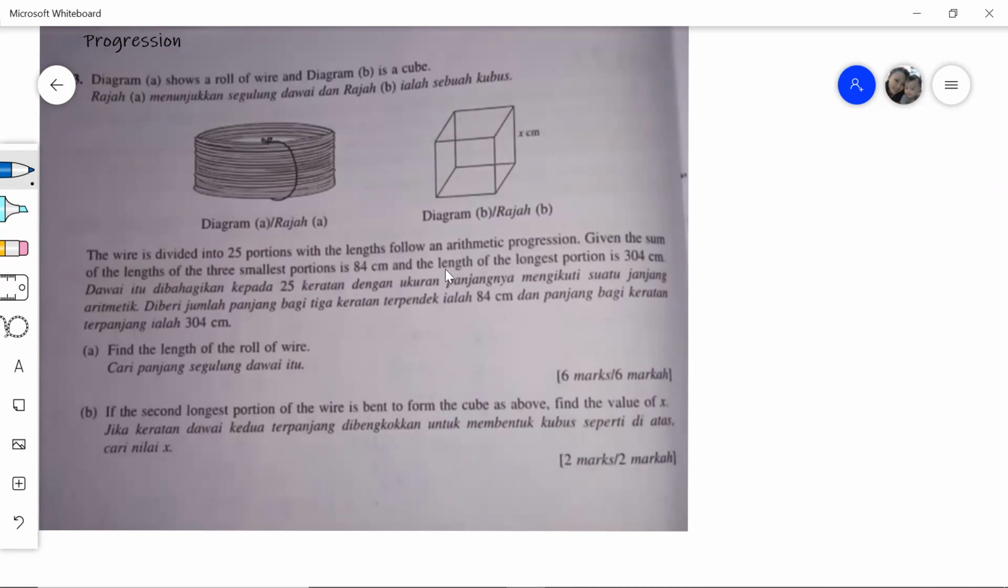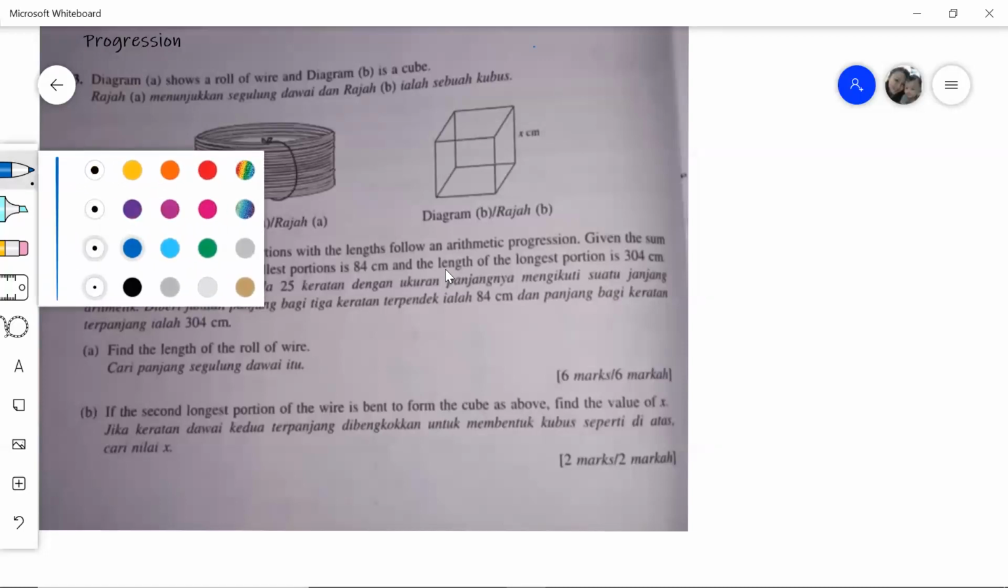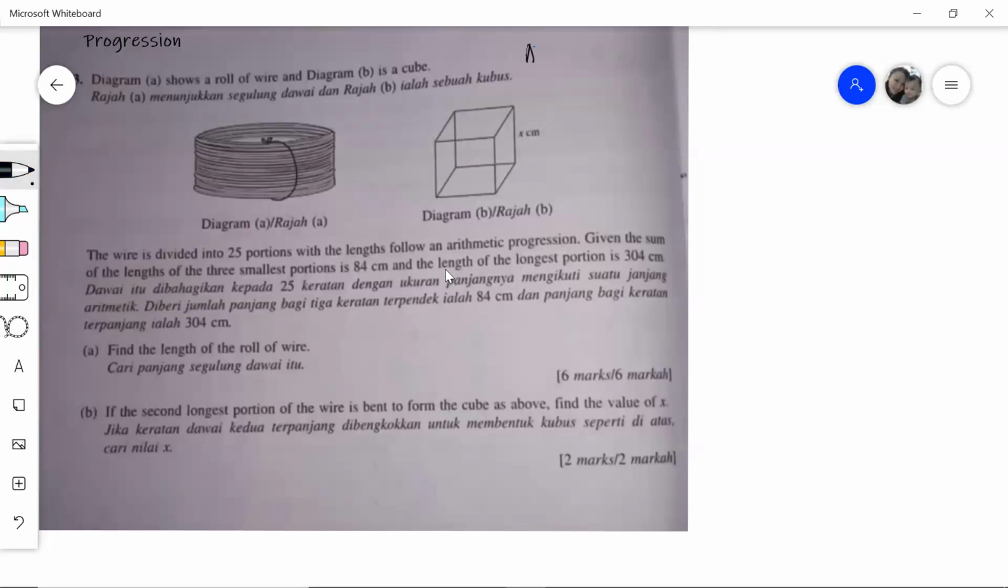In this question, the progression involved is arithmetic progression, AP. And remember, when we are dealing with arithmetic progression, there are two things that we must know. That is a, which is the first term, and d, which is the common difference. And the common difference can be obtained by taking any term minus the term before. So these two things we must have in order for us to solve all the questions involving the arithmetic